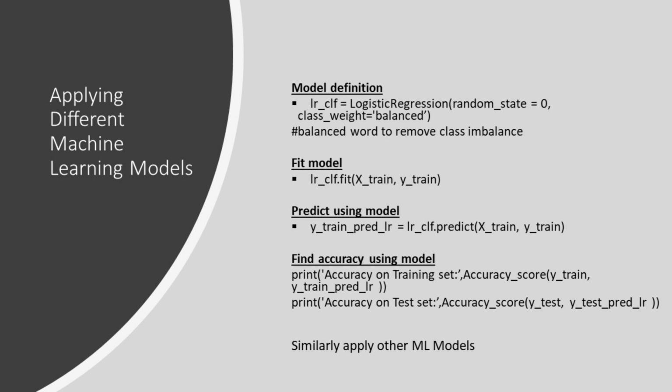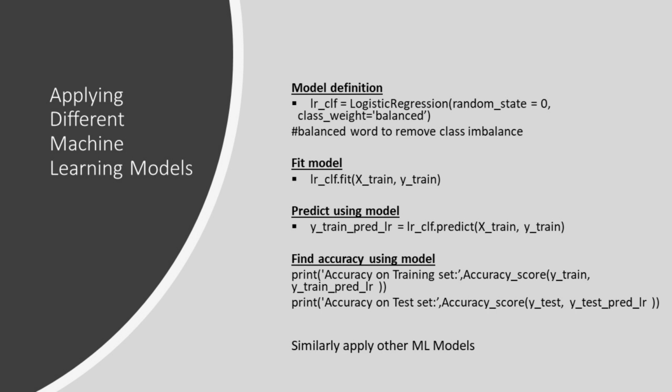So what you will do is, see, this logistic regression I have implemented. We have an imbalanced class, right? So I have written class weight equal to balanced. Random state, you can just keep it as it is. You can Google it. It is not very significant. Just leave it as it is. Copy and paste it as it is. LR underscore CLF is just a random name that I have given to the variable which contains this function. We are calling this function and storing it in some variable which is LR underscore CLF.